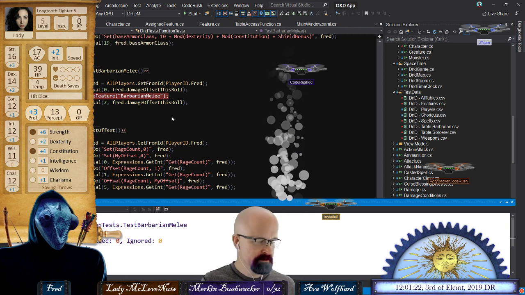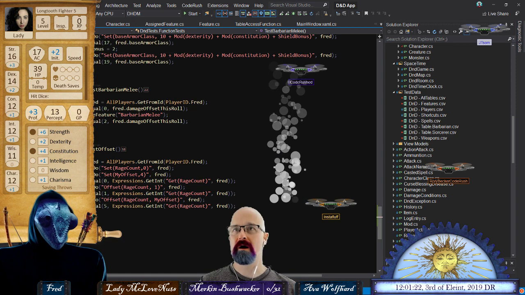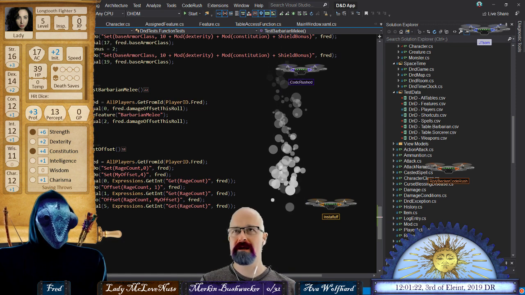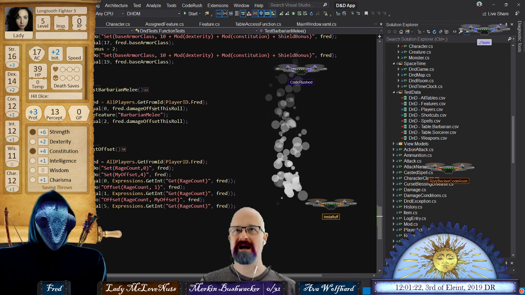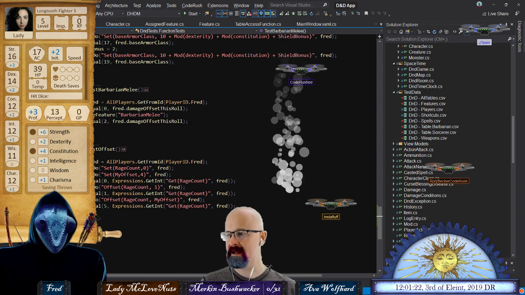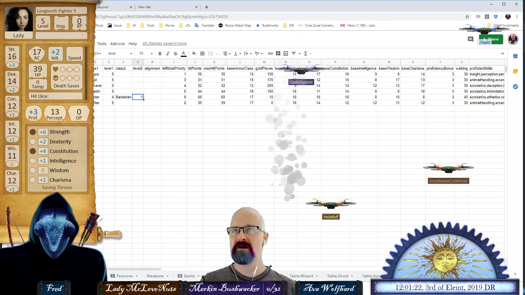Look at that, guys. That passed. Sweet. So what we just did, super cool, right? We've got Fred. We're checking his damage offset this roll. It's 0. Then we activate the feature Barbarian Melee. And the complexity here is pretty high, right? Barbarian Melee for Fred